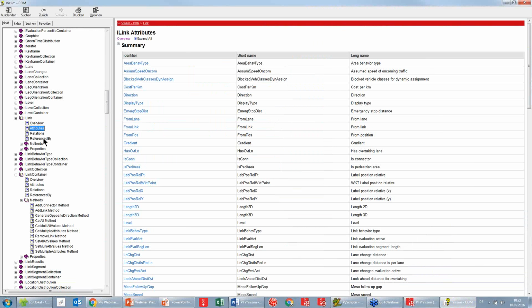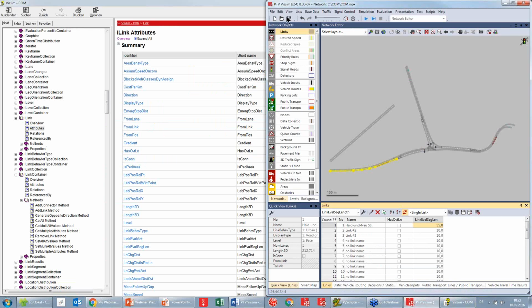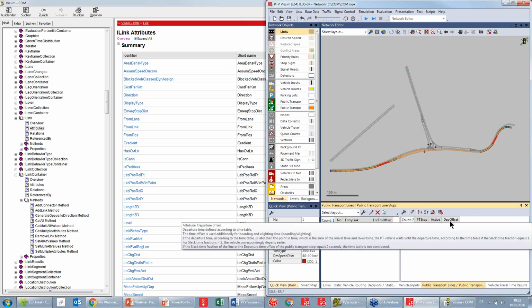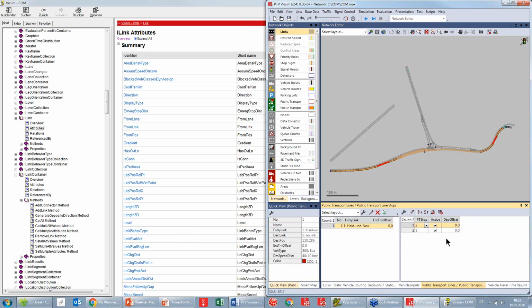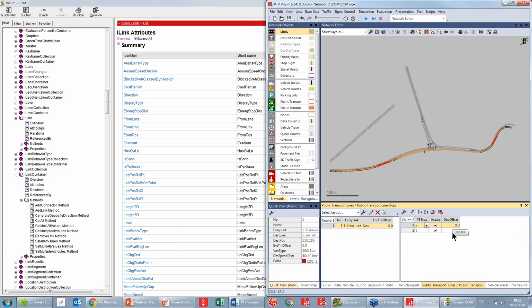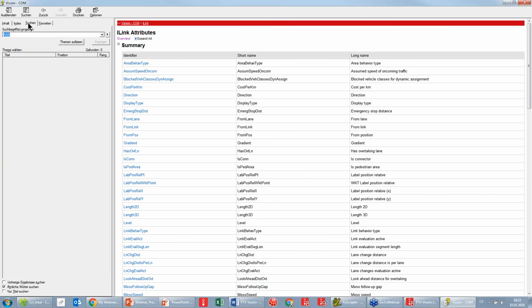the reference by pages. So for example, I made one example. Say we have here a public transport line stop, and now we want to change the departure offset of your public transport line stop. So how can I get there with COM? And this is a question that we often get in tech support. I'll explain how. Making this one small again,